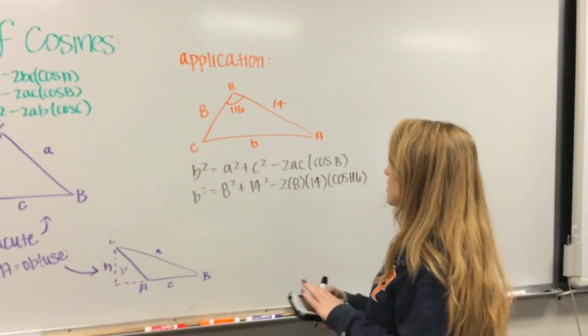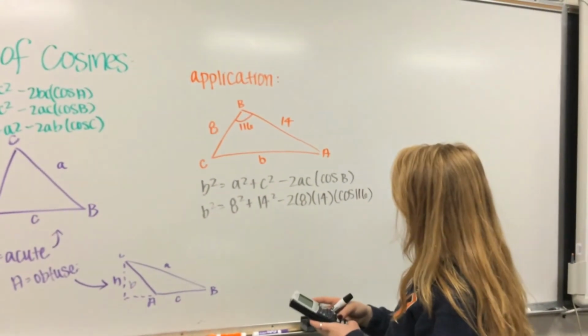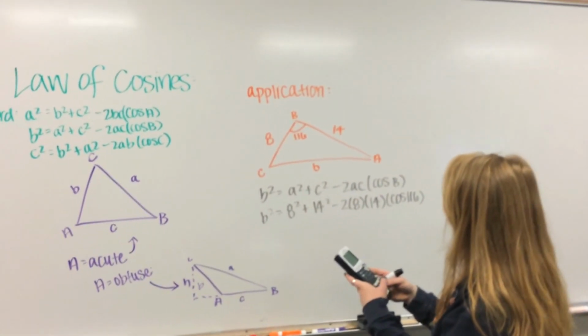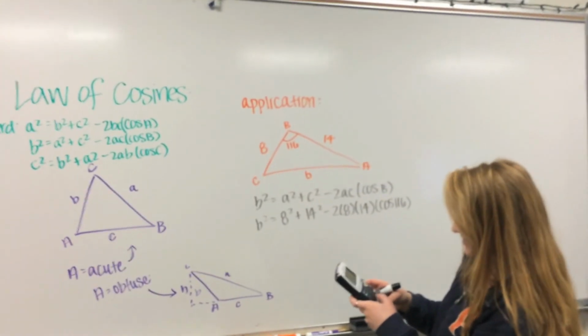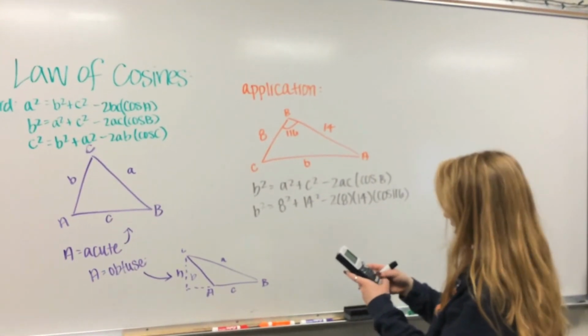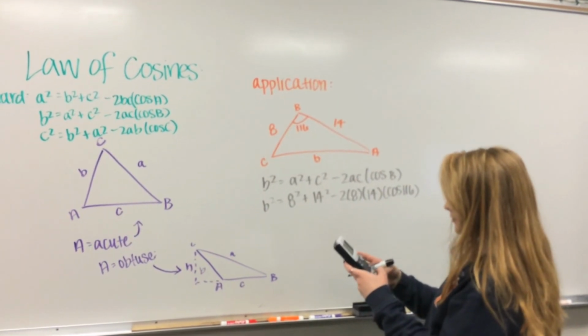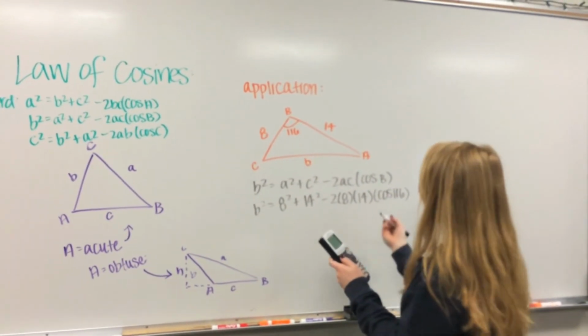If you get your calculator out, 8 squared plus 14 squared minus 2 times 8 times 14 times cosine of 116 is